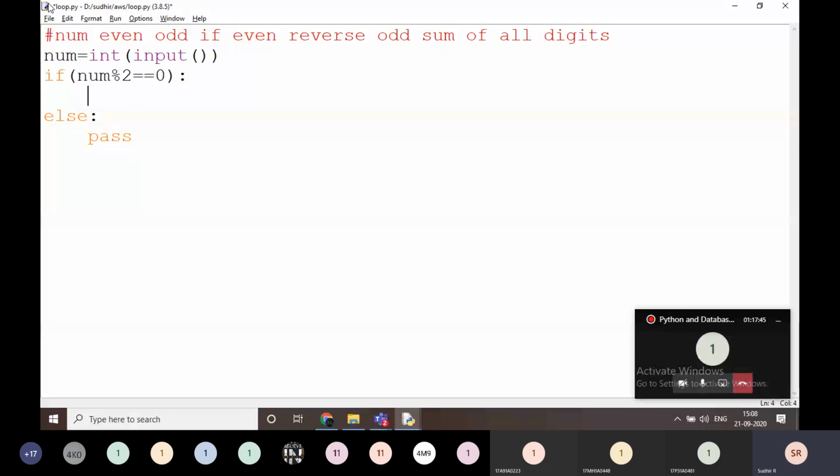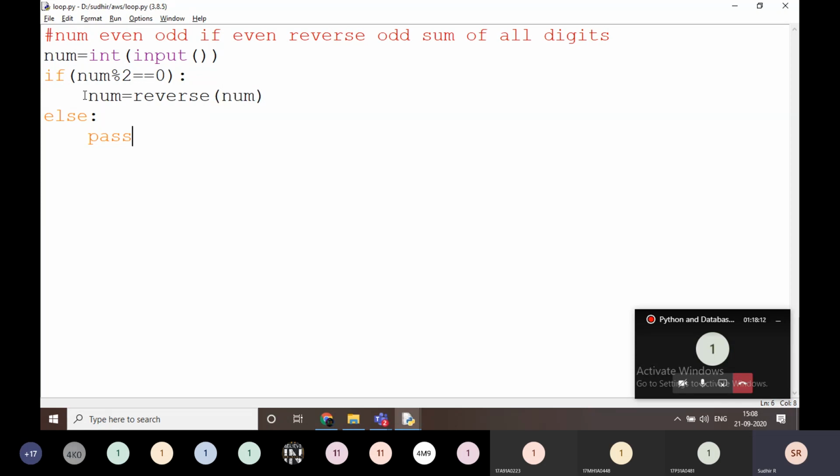Instead of pass, I'm going to develop one code. What am I going to write here? If it is even, I'm going to reverse the number, right? Reverse some number is equal to, I am going to call one function, reverse of num.